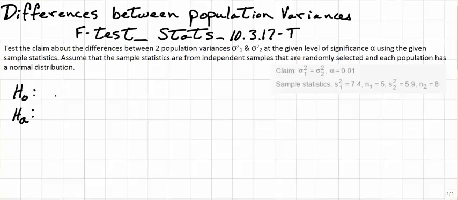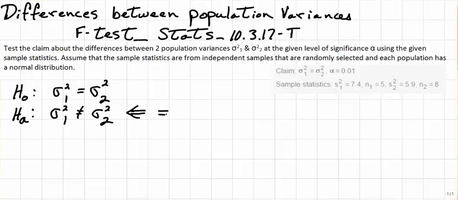So in this case, for our statement of equality, we're going to state that the two variances, sigma squared sub 1, will be equal to sigma squared sub 2. Therefore, the alternative hypothesis will be that the two population variances are not equal. Since this is a statement with a non-equal sign in it, this will be a two-tailed test. And so what we need to do is